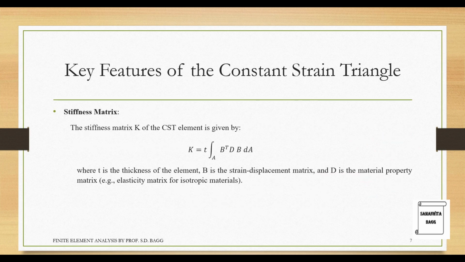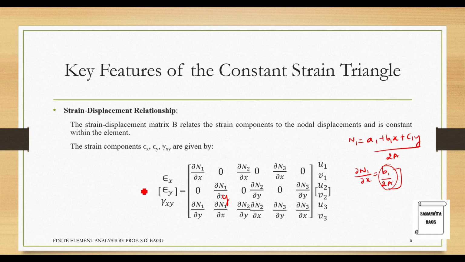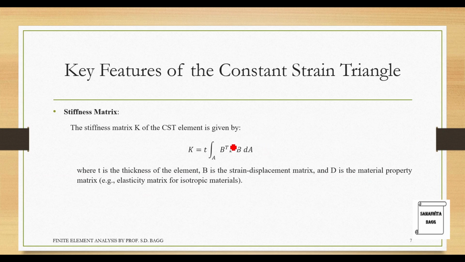Next, we'll talk about the stiffness matrix. The stiffness matrix K of the CST element is given by K is equal to t integration of B transpose D B dA. We just calculated the matrix B over here. So when you find the transpose of this, it will give you B transpose. If you go to the derivation again, you will find out these terms. I am not repeating them over here because it will not add to any knowledge if you directly see the theory part. You also need to go through the derivation of it.